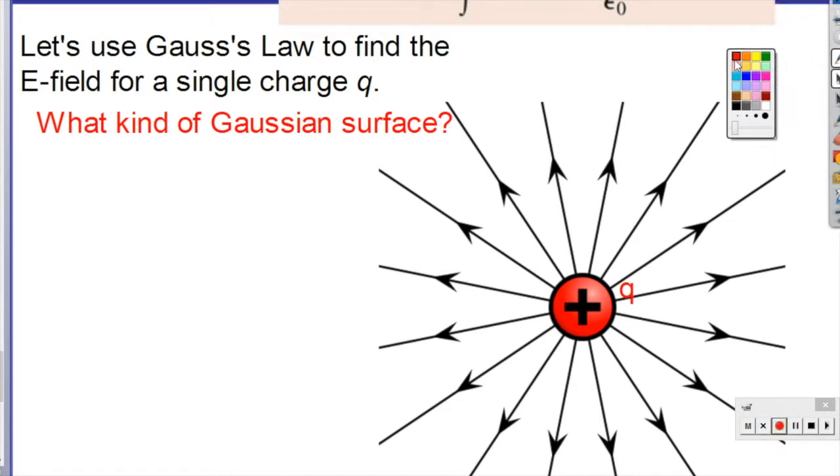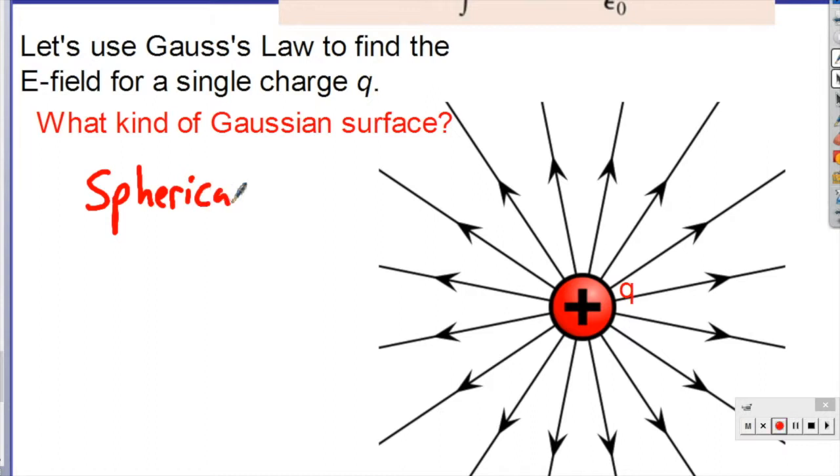If you said spherical, you were right. So obviously this is 2D, so I'm going to kind of cheat a little bit, and I'm going to draw a circle, but we're going to remember that it's a sphere. And let's actually use Gauss's law to find this electric field. All right. Well, if I draw that sphere,